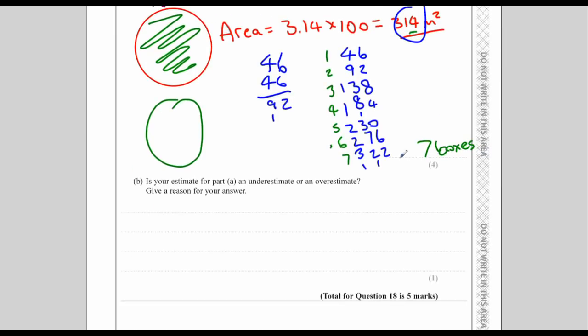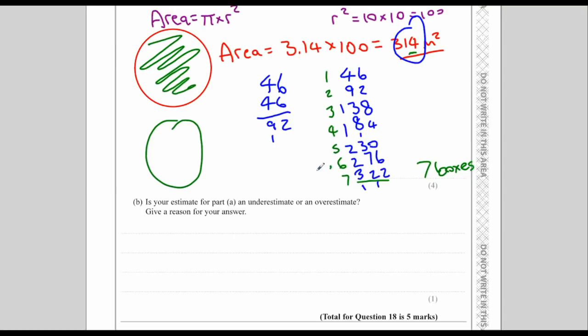B. Is your estimate for part A an underestimate or an overestimate? Give a reason for your answer. If you look at pi on your calculator, then you would see that it's something like 3.141529, something like that. Okay. Now we've actually called it 3.14. So really, we're a bit less because we've done 3.140000. So it's an underestimate